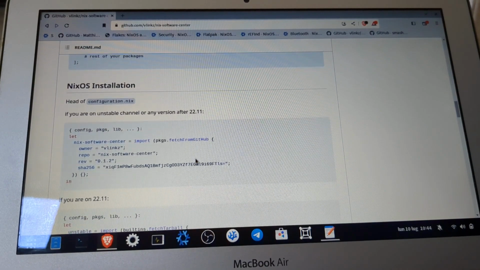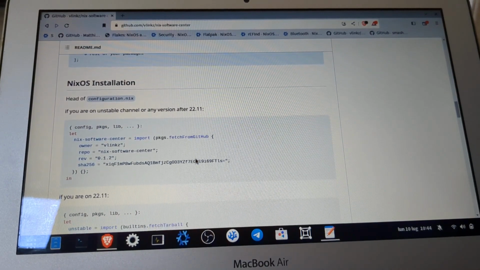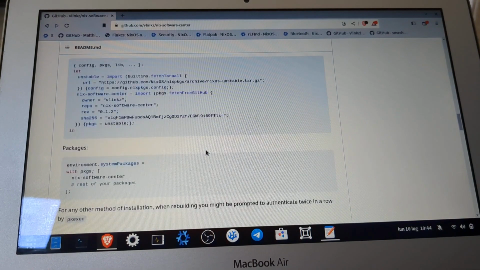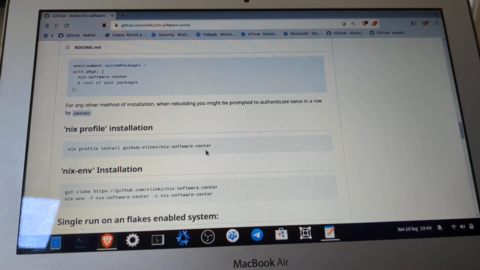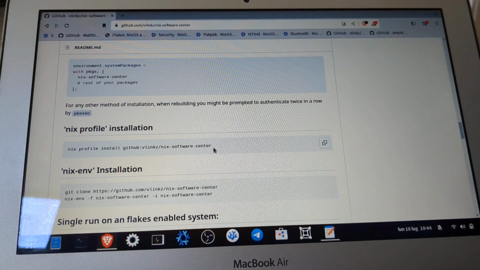Then we have the classical way to install software in NixOS, which is editing the configuration.nix. And then you can also try the software without merging it to the main system.